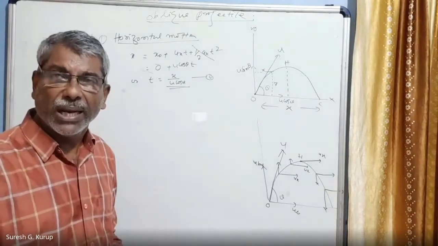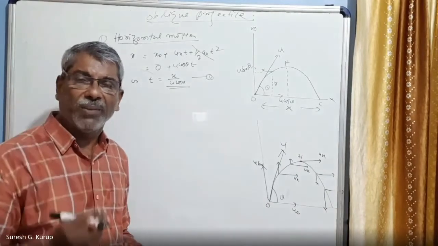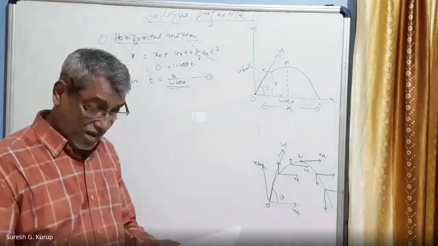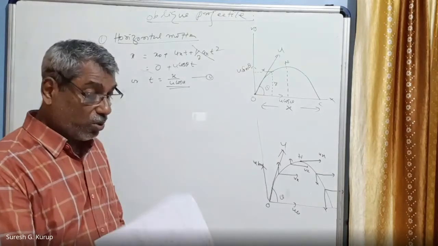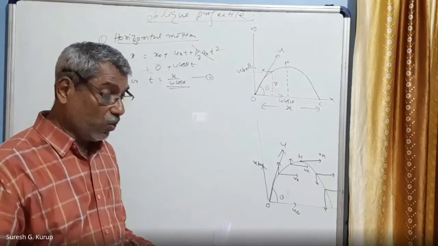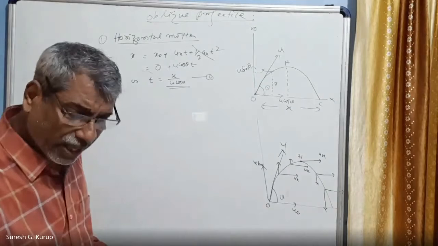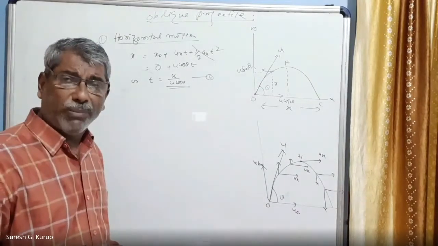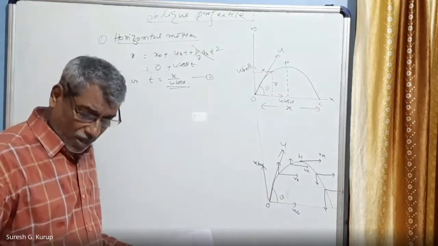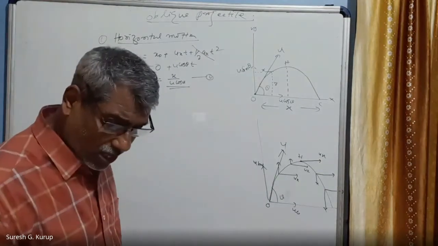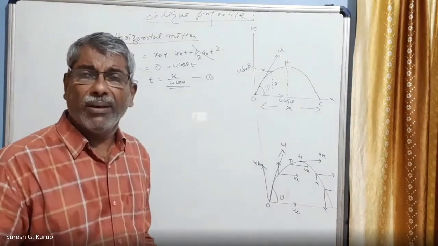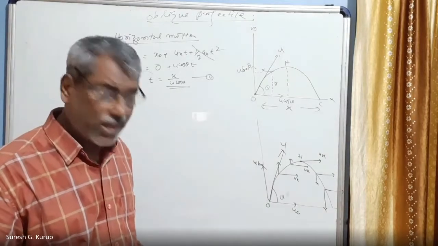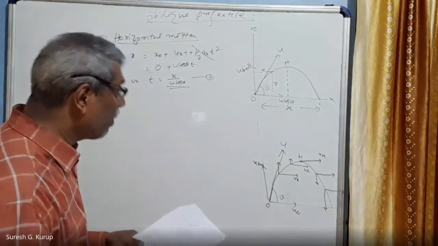So this is the logic. Anytime we can apply it. Once you have interest, only then will you do this kind of thing. You will think. So creativity is the most important. Creativity is more important than knowledge. A creative heart is more valuable than a mind having knowledge, right? So be creative. Next, I will talk about vertical motion.